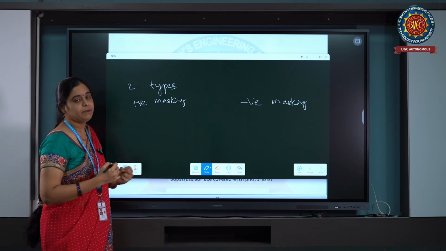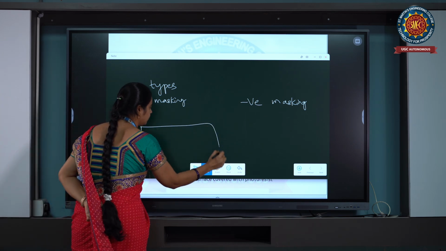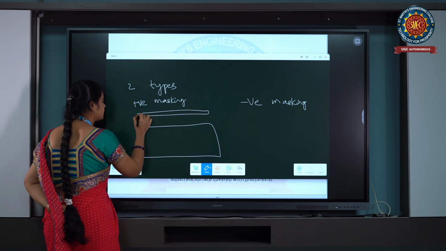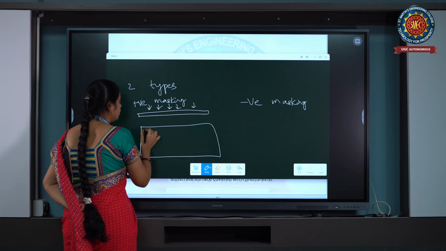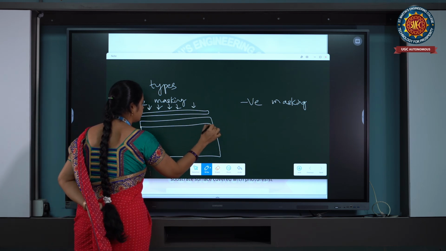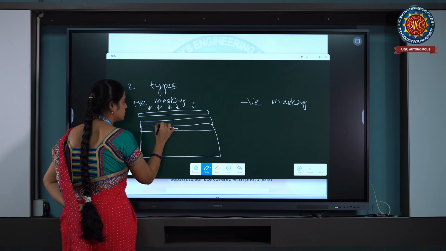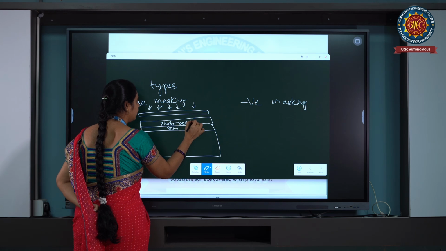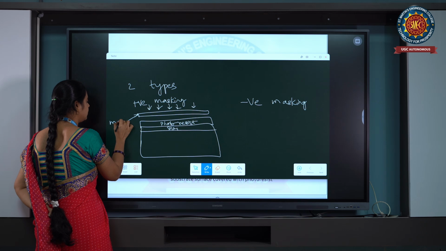So, what is the main purpose of this masking? When we are willing to form the gate in the transistor at the center, we will place a mask like this. We will send UV light on this masking layer. So, we have previously placed a silicon dioxide, SiO2 layer, and this is the photoresist layer. And over the photoresist layer, we are placing a mask layer. This is our mask layer.